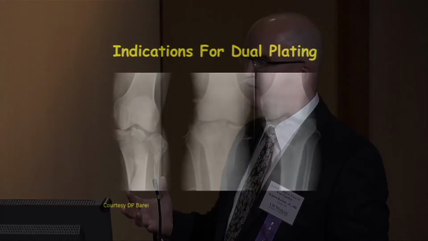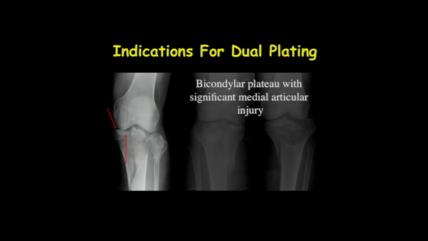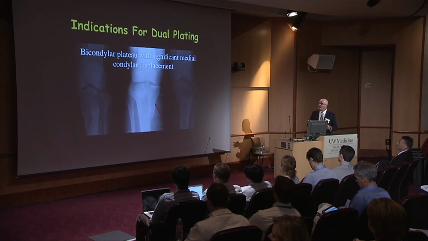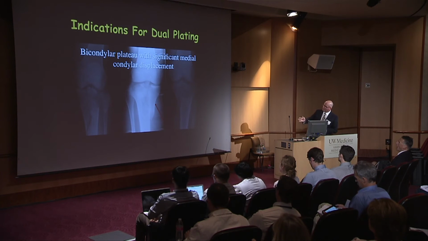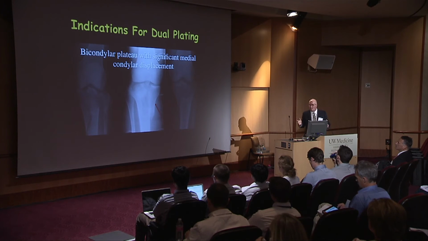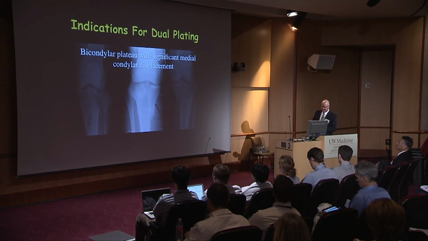So what are the best arguments for dual plating? What are the best examples? Well, it's probably a bicondylar tibial plateau with a significant medial articular injury. If you have to reduce the articular surface anyway and you're looking at it and you've already made your approach, well, you should stabilize it, right? The next is bicondylar with a significant medial condylar displacement. You might be able to reduce that, but I think you're probably going to need to do that open, and once you're there, you should do the stabilization right there, likely with an anti-glide or a